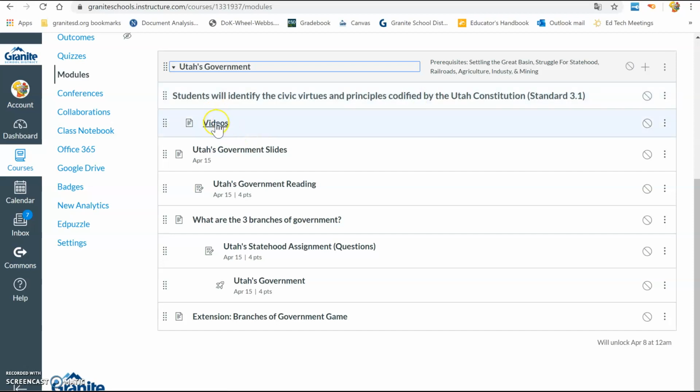This first tab here will be the video that I'm making right now and a video of me going over these slides. You should watch both of them to get an understanding about what this module encompasses. Please note that inside the slides, you can get out a separate piece of paper and create your own Cornell notes. I highly encourage it because, hint,